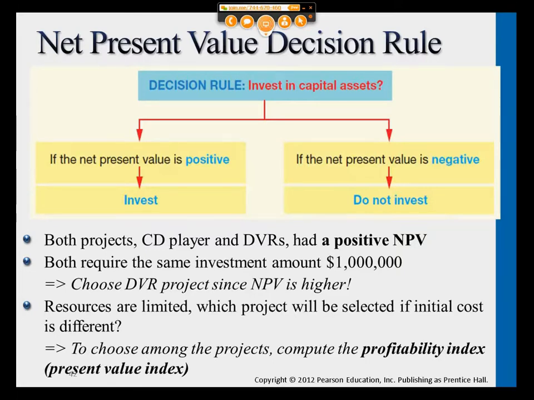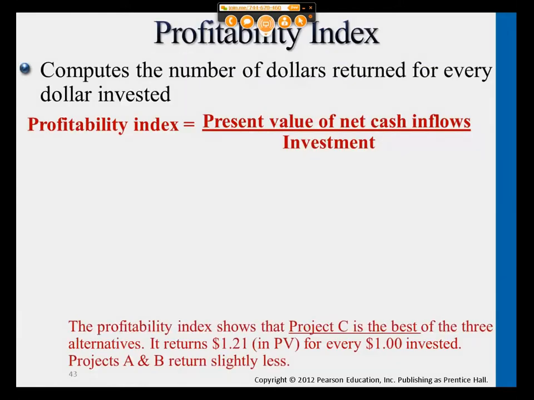So here we're going to learn how to calculate this profitability index that will tell us, if the initial investment is different, if the resources are different, what are we picking? What out of those two are we choosing? So how do we calculate this profitability index? What it allows us is to calculate what we are getting back for each dollar that we spent on putting this CD line in our plant. So what it computes is the number of dollars